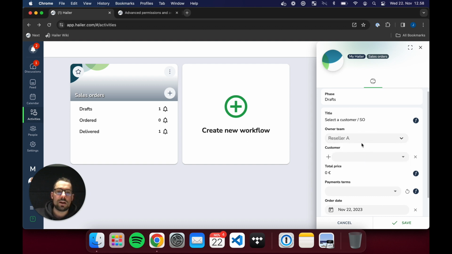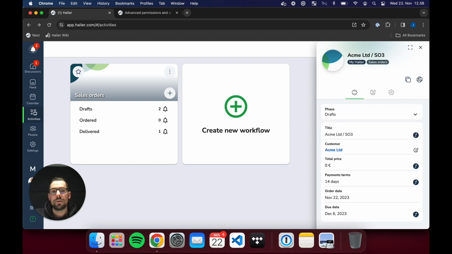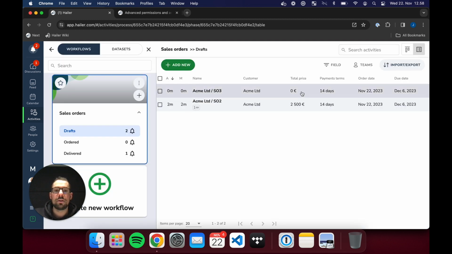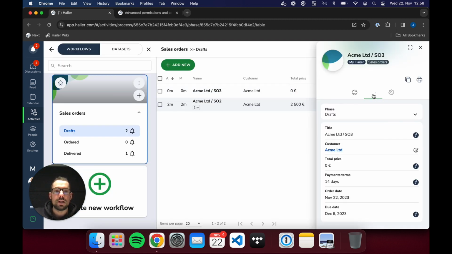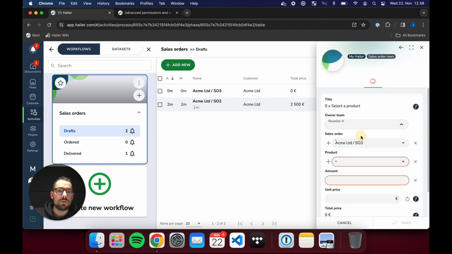So I can, for example, create a sales order owned by reseller A, and also add sales order rows visible to reseller A,